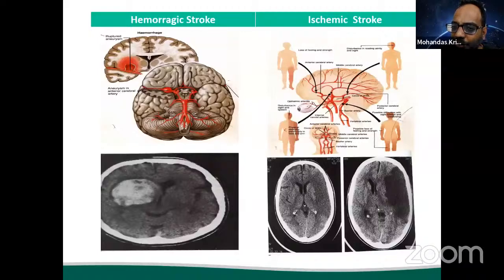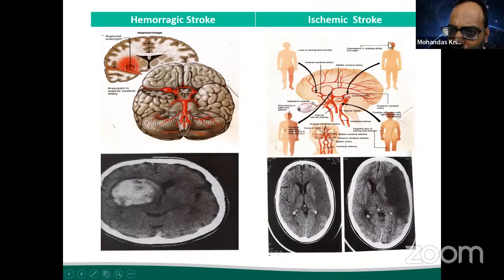And here you see this beautiful circle of Willis, and whenever there is a clot in different areas, you see the effects. Where is my cursor? Oh, here it is. Here you see, if the clot is here, you lose, monoplegia. If the clot is here,